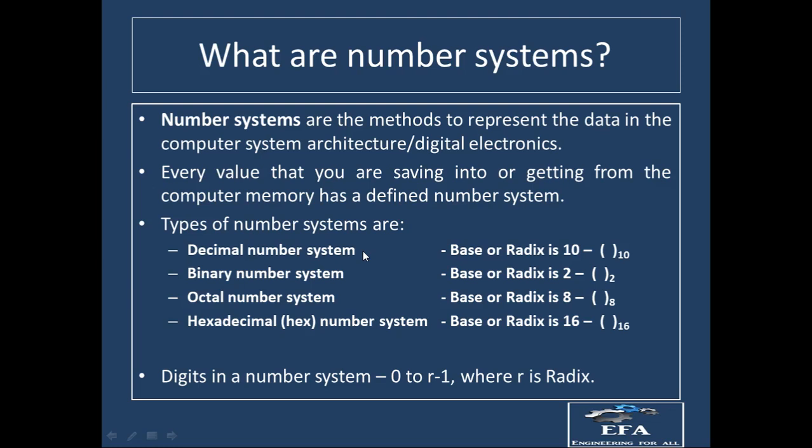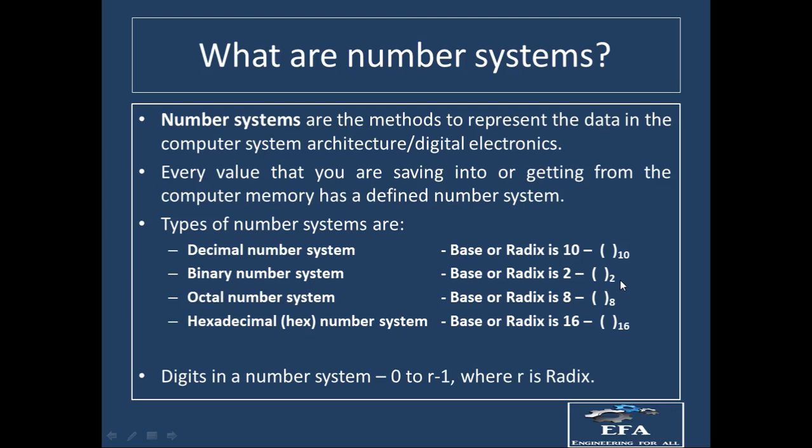When we talk about the decimal number system, it has a base or radix equal to 10. Decimal represents the number 10. So whenever we have the decimal number system, we represent this number with 10 in the base. You can see over here, right? In a similar way, when we talk about the binary number system, binary means 2. The number which comes in the binary number system can be represented with base 2 or radix 2.